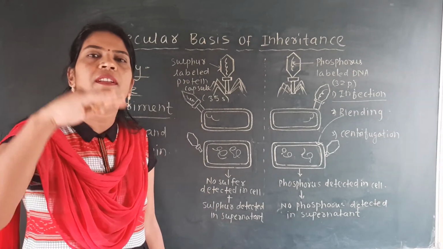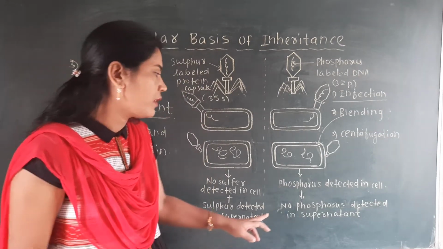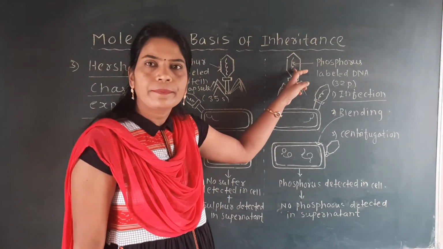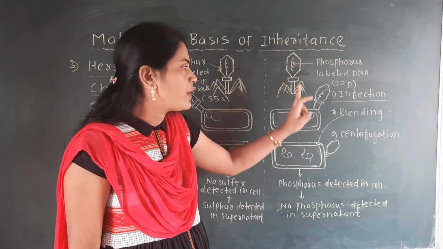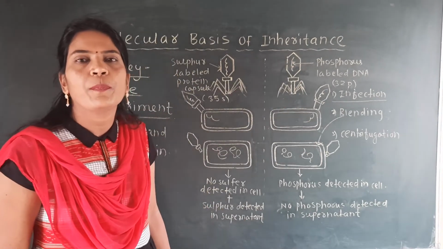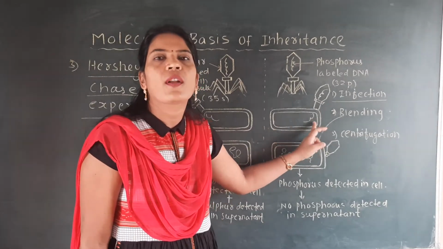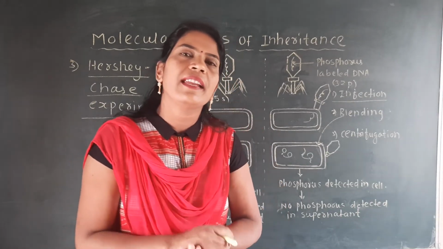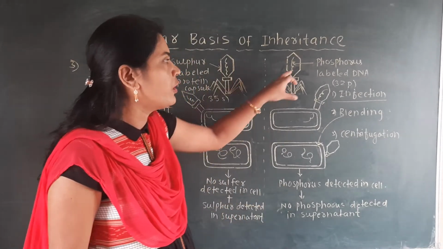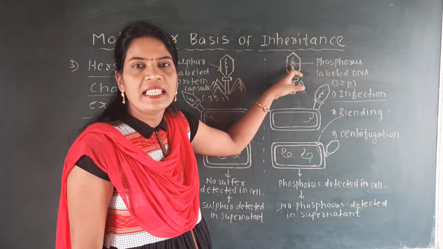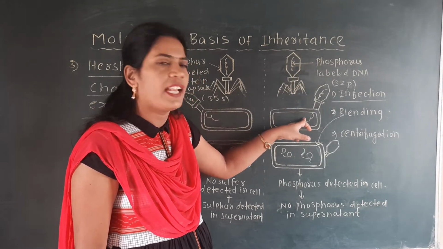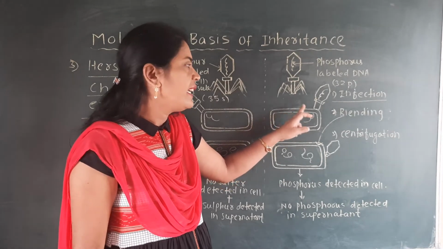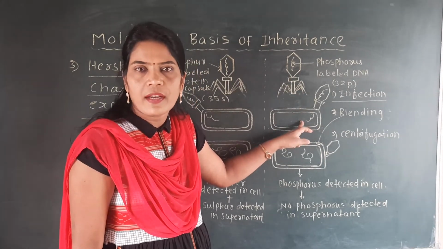in that liquid which is present above the solid, there is no phosphorus present, because all the phosphorus which was present in that virus, after infection to the bacterial cell, he injects that phosphorus into the bacterial cell in the form of DNA. Because if we see the chemical composition of DNA, this DNA is made up of phosphorus. So all the phosphorus taken in that virus gets injected along with its DNA into the bacterial cell. So only that phosphorus you will find here in the DNA of its genetic material, but it is not found